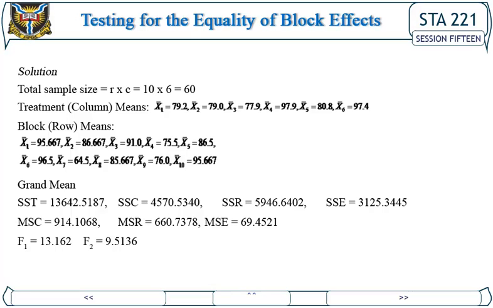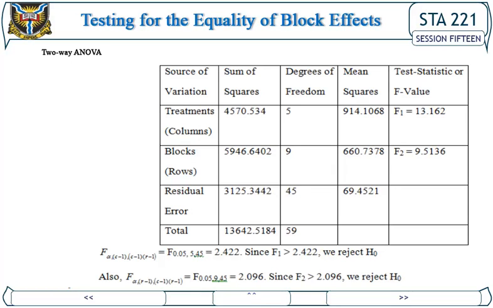SST is equal to, SSC is equal to, SSR is equal to, SSE is equal to, MSC is equal to, MSR is equal to, MSE is equal to, F1 is equal to, F2 is equal to, two-way ANOVA. F alpha with (C minus 1, (C minus 1)(R minus 1)) is equal to